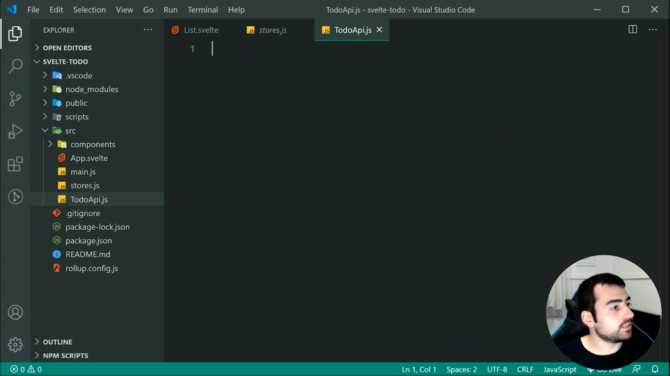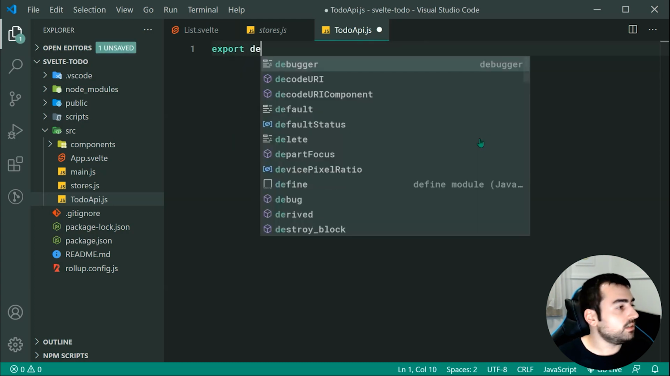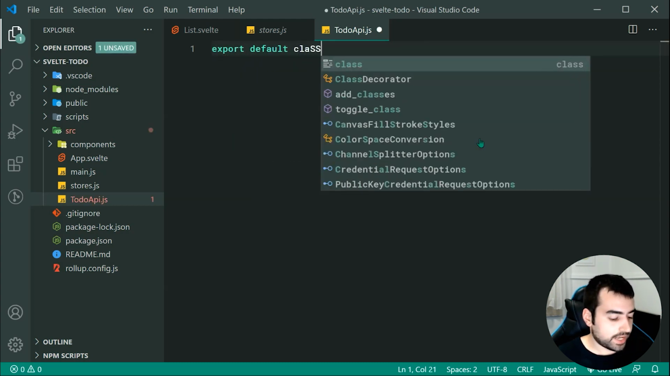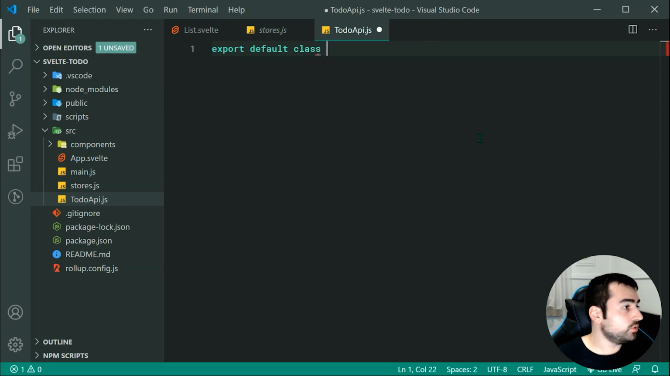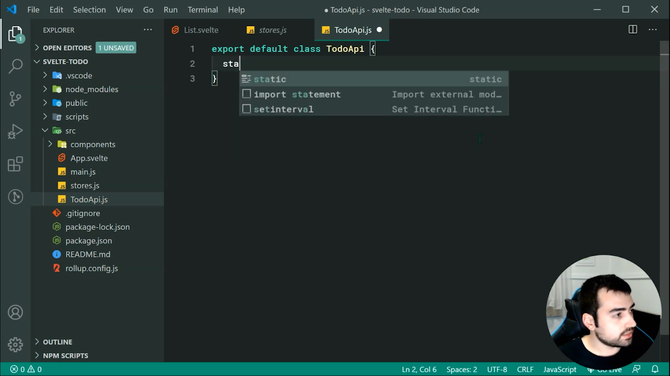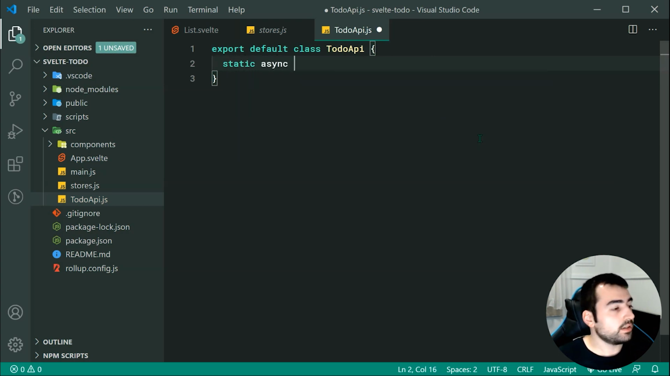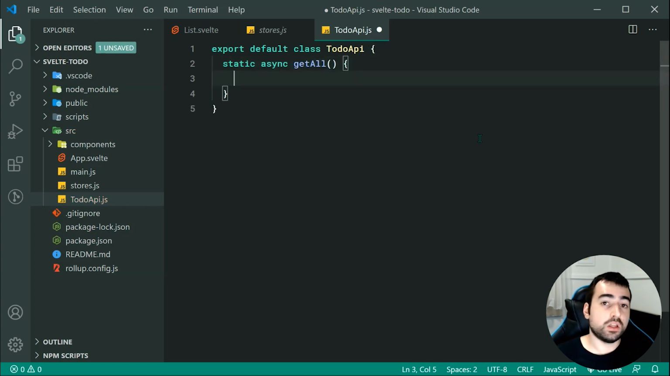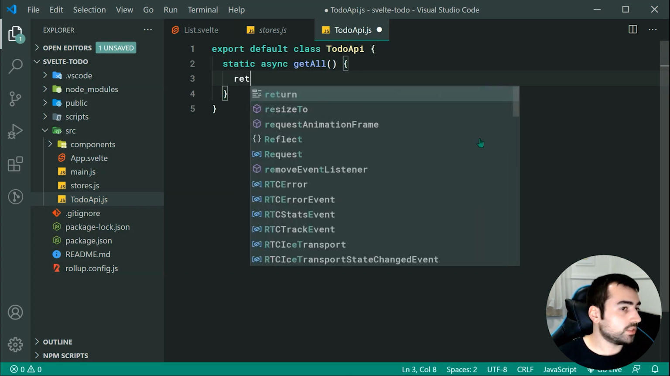Okay, so that being said, let's export a default class called todoAPI. Inside here, like I said, two static methods. We're going to say static async getAll. Inside here, we're going to go to local storage to retrieve our items. So we can say right here, return